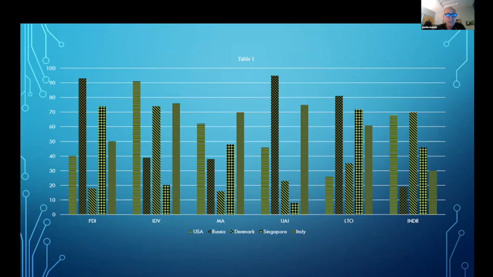And so reading from left to right, you'll see the USA. I selected a lot of these countries, but I'll focus on the first 3. The USA to the left, Russia, the second one from the left, and third from the left is my old favorite country, Denmark, and then Singapore and Italy. So just by way of reference, those are the 5 countries we're looking at from left to right. And along the bottom here, you can see the 6 dimensions of culture. So I've highlighted the USA. So let's start with PDI and where the US is versus Russia, and finally Denmark.